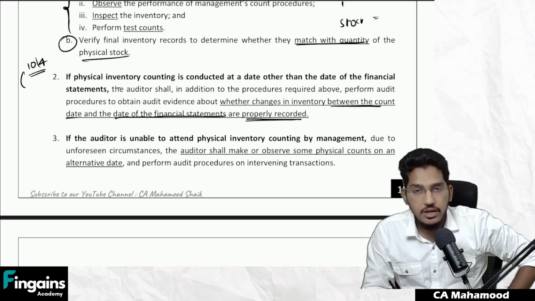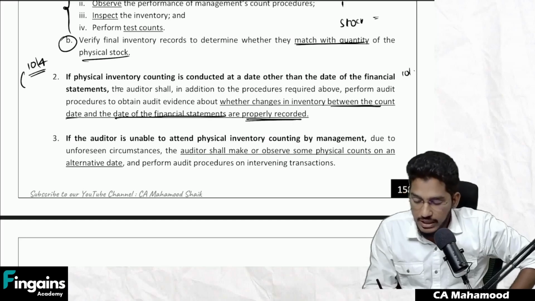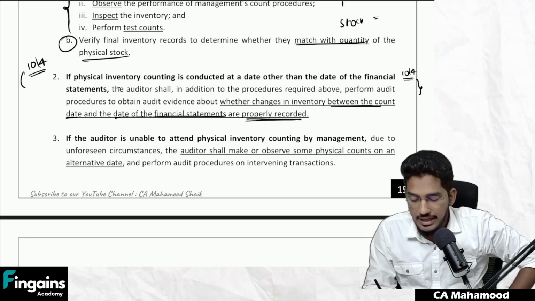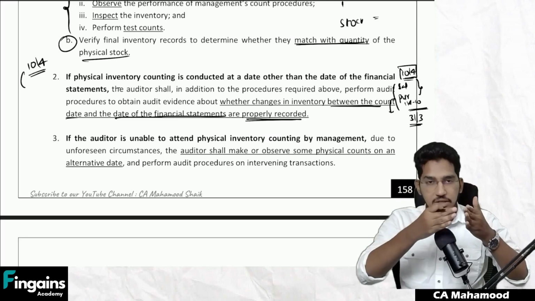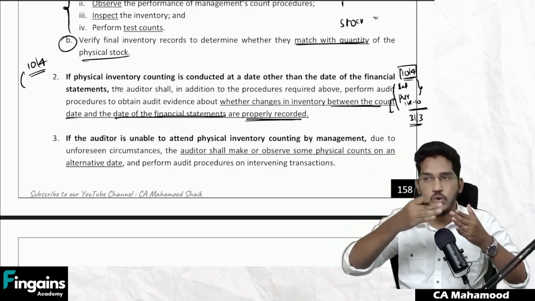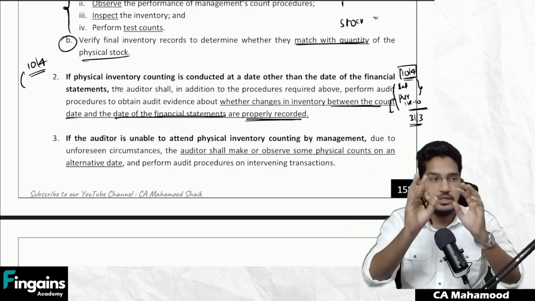properly recorded. So if stock as on 10th of April is matching, I need to do the reverse calculation. That is, I need to add all the sales etc. happened between 1st of April till 10th of April. I need to deduct whatever purchases are made between 1st of April to 10th of April. I do the reverse calculation and find out the stock as on 31st of March. So now if the stock as on 10th of April is matching, I should also obtain audit evidence that whatever additions, deletions happened between the date of counting and the balance sheet date, whether they are properly recorded